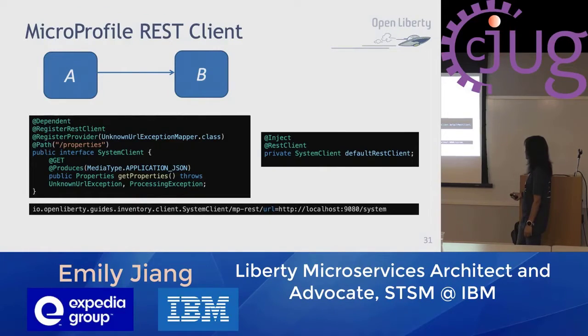Like this is a method, getProperties. And then you can directly say, okay, this interface is getProperties, and then I can inject it into my service. This is the client, and then you need to establish this from here to here. You use this property. So basically, B lives under this URL, and with this property specified with this value, A can find out, okay, B lives here. I can automatically invoke B via this URL.